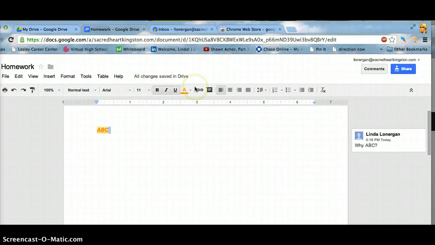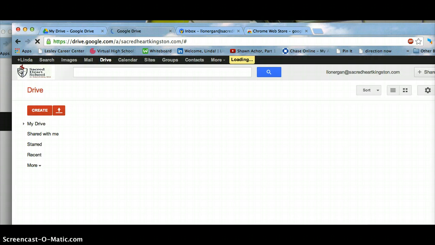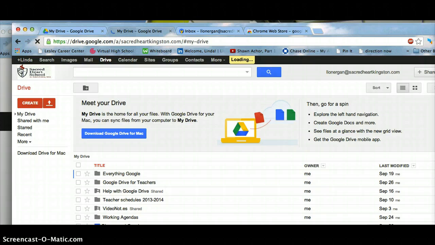All right, so that's creating a basic Google Doc, which is just like using a Word document and creating a word processing document. Okay, now here is the beauty of Google Drive. All right, so let me go back. I'm going to click on this arrow, and I'm going back to my drive. So as you can see, I had created folders, okay? And inside the folders,